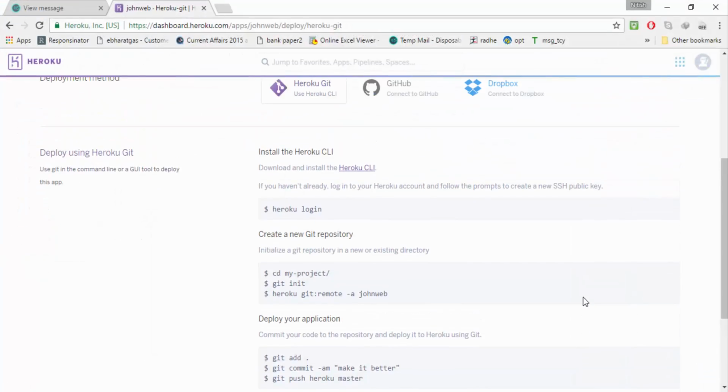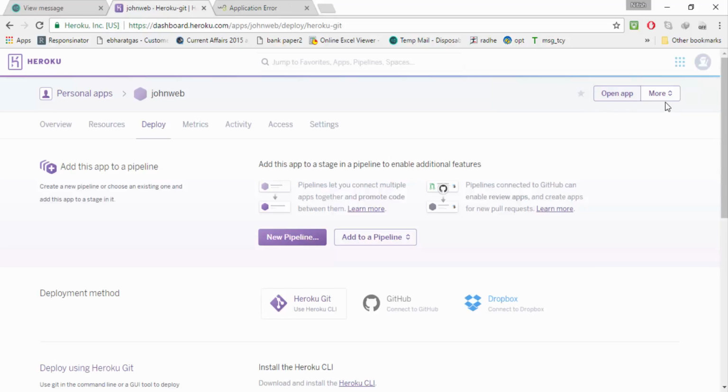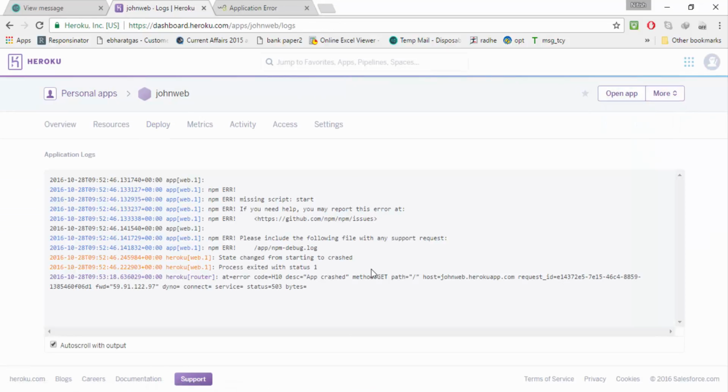Now we can try to open your app, and we will find here an application error. So we will try to see the logs and identify the problem. So here we can see status 1, code H10, and description app crashed. Okay,